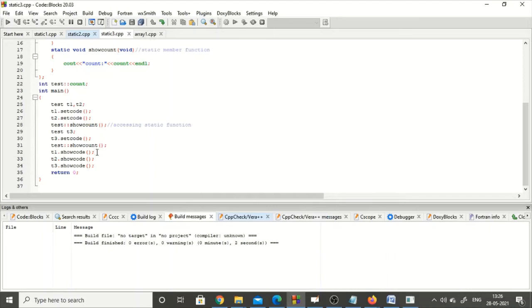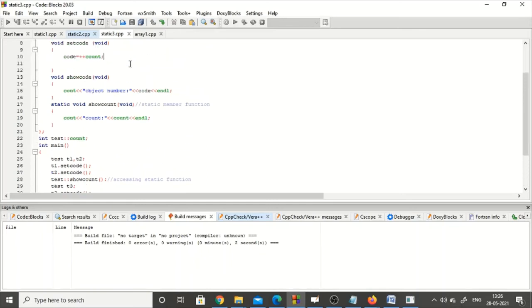One more point you have to remember, this function is there, right? In case you put code, if you put count and then try to display code, then it will not work, because code is not a static member. So that's what you have to remember. And here code is equal to plus count.